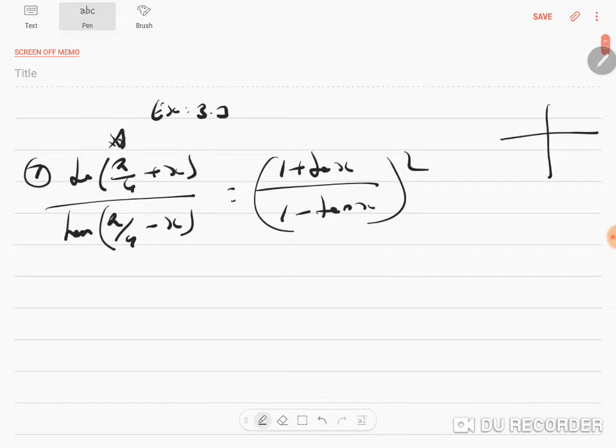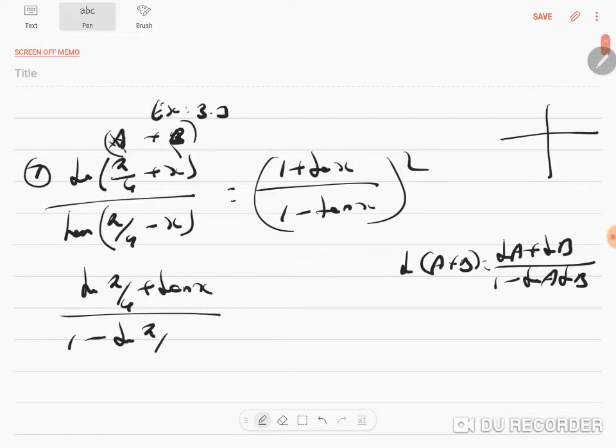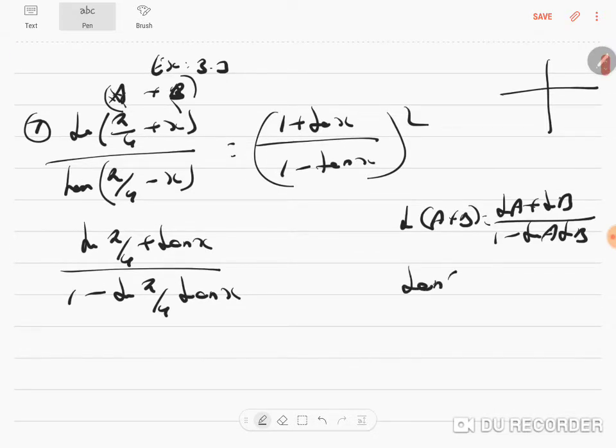So, it is like tan (a plus b). What is tan (a plus b)? It is (tan a plus tan b) by (1 minus tan a tan b). So, what is a here? Pi by 4 and b here is x, can you see? So, (tan pi by 4 plus tan x) by (1 minus tan pi by 4 tan x), and you know tan pi by 4 itself is 1, correct. So, it will become,